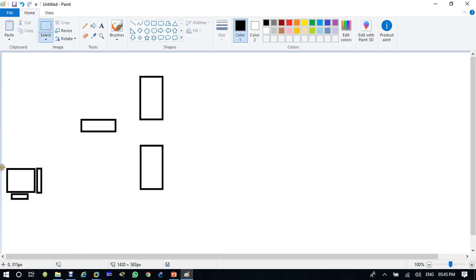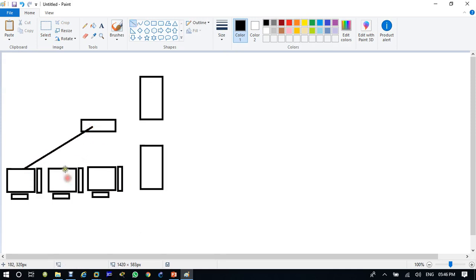So this is your LAN. You have multiple computers in your organization, and all these client computers are connected to the switch. Now you have here one DHCP